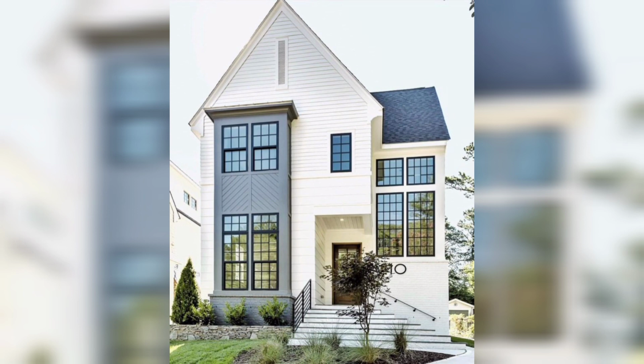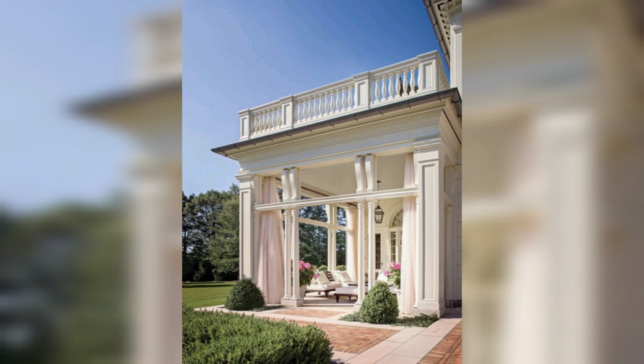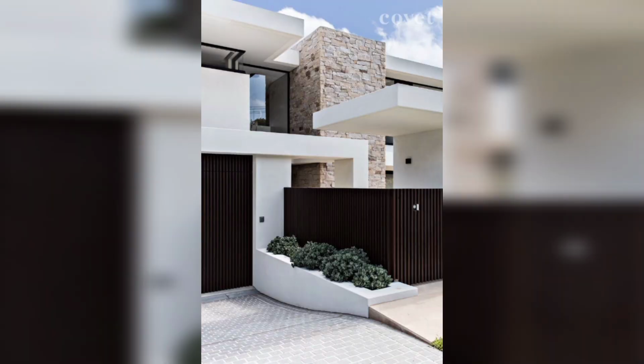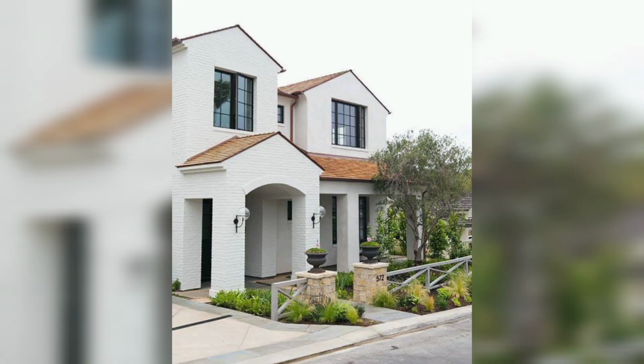Furthermore, we provide different tips for maximizing the outdoor space, creating functional areas for entertaining guests, and optimizing natural lighting for a bright and welcoming ambience. Our step-by-step guidance ensures that you can easily implement these designs and bring your exterior